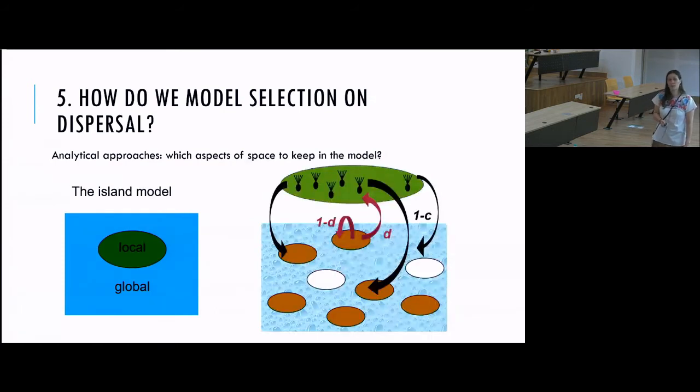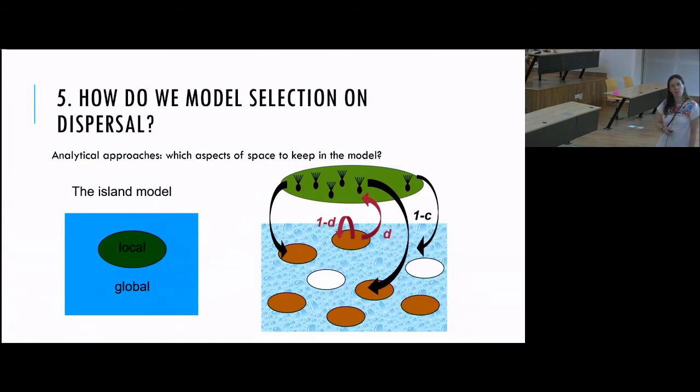So what is this model assuming? It's assuming typically that you've got a number of populations or sites throughout the landscape. These sites can be occupied by a population or can be empty. In occupied sites, there's some demography within those sites. They produce some offspring, and a fraction of this offspring is going to remain in the natal patch, and a fraction of this offspring will join a big dispersal pool